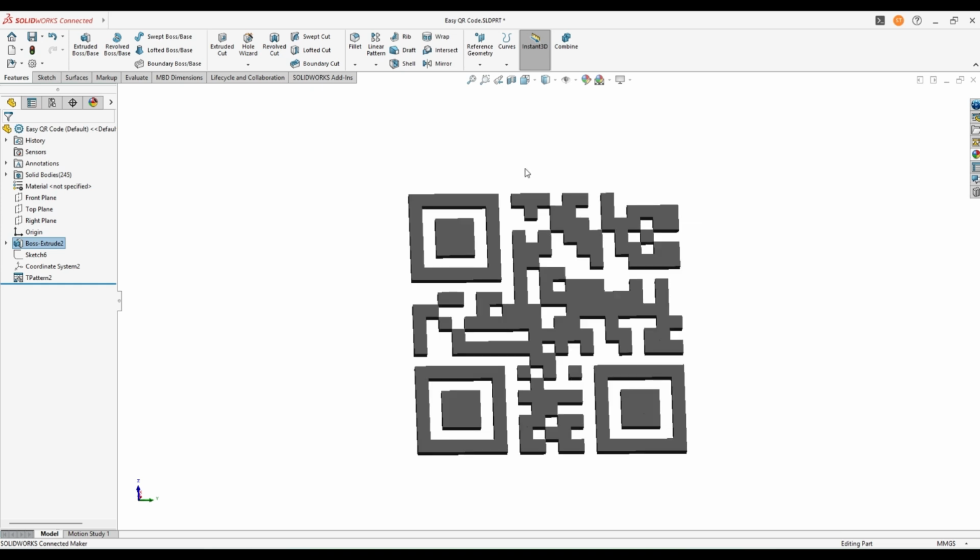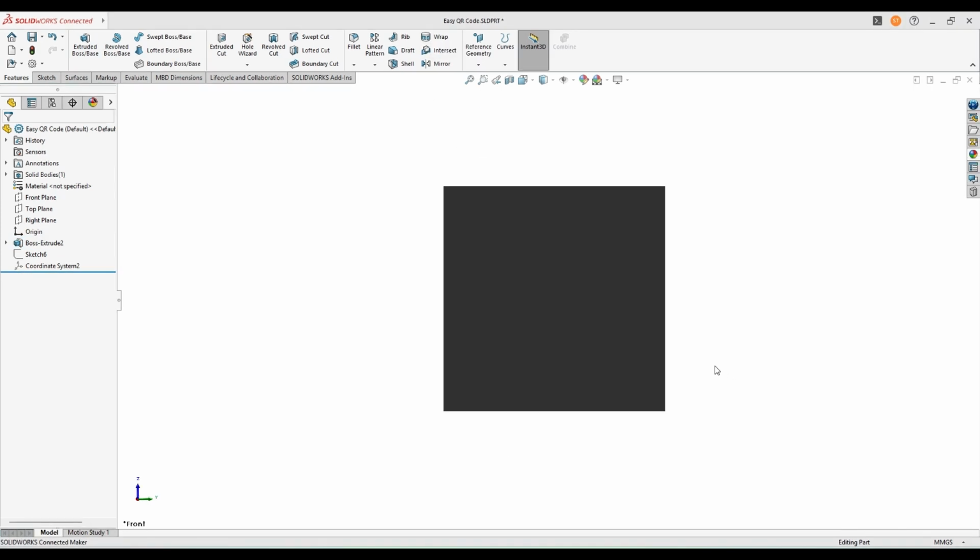Okay, next I'm going to show you how to create the coordinate table that you need for this. Let's check the coordinate table creation.